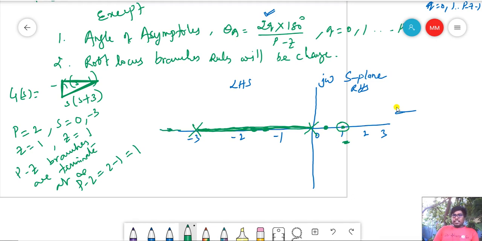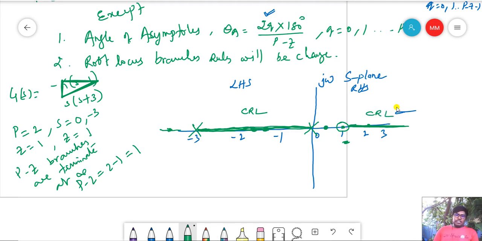Okay. So again, keep one point here within this real axis. Check it out. The right side should be even number, but in this case it is odd number, 2 poles and 1 zero. So whatever the point I kept, it does not lie in the root locus. So this one I am writing here as complementary root locus. Again, keep one point here. Check the right side, 0 zeros. In this case we have even number. So whatever the point I kept, this one is again the root loci. So this is complementary root locus.